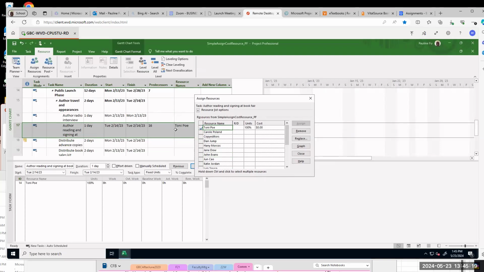And then travel assignment has $800. Scroll down. This is travel. Click the cost for travel, typing 800.